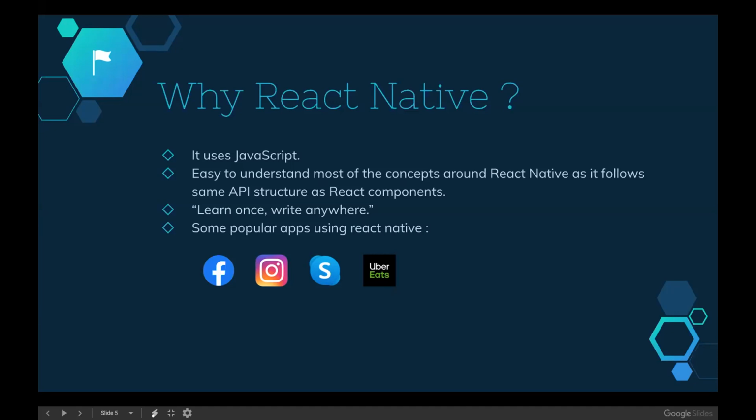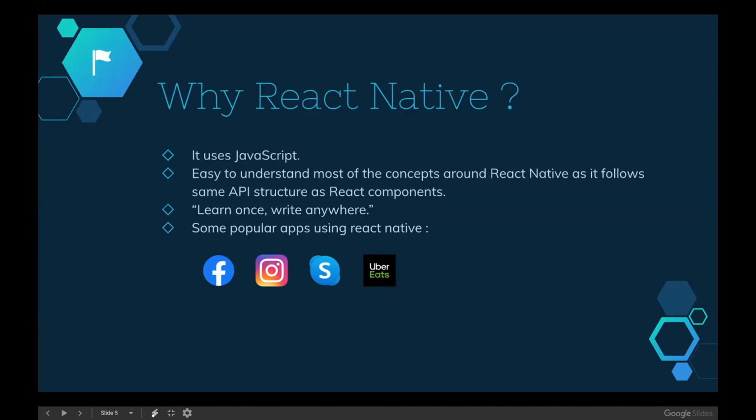Also, some of the concepts in React Native are similar to the React components we use for web development, so it's easy for a web developer to grasp them and start. Learn once, write anywhere is the tagline from the React Native website. What they mean is you can write one code base that can be used for multiple platforms.